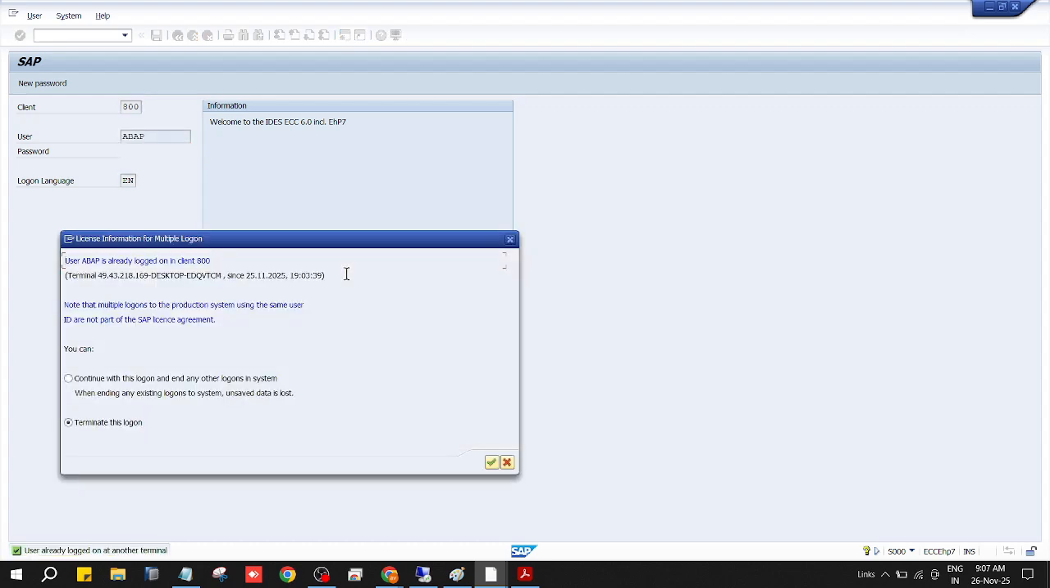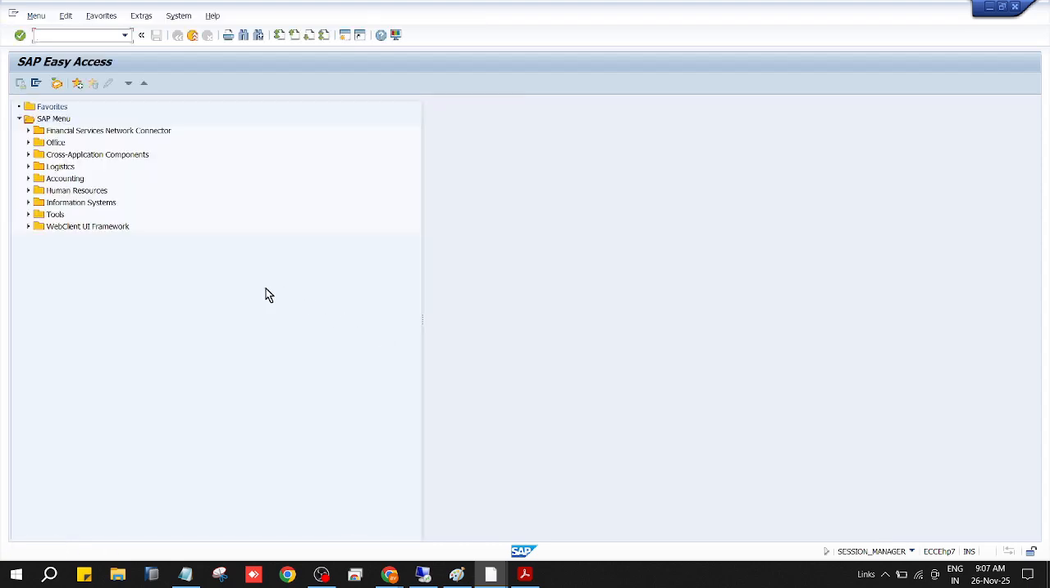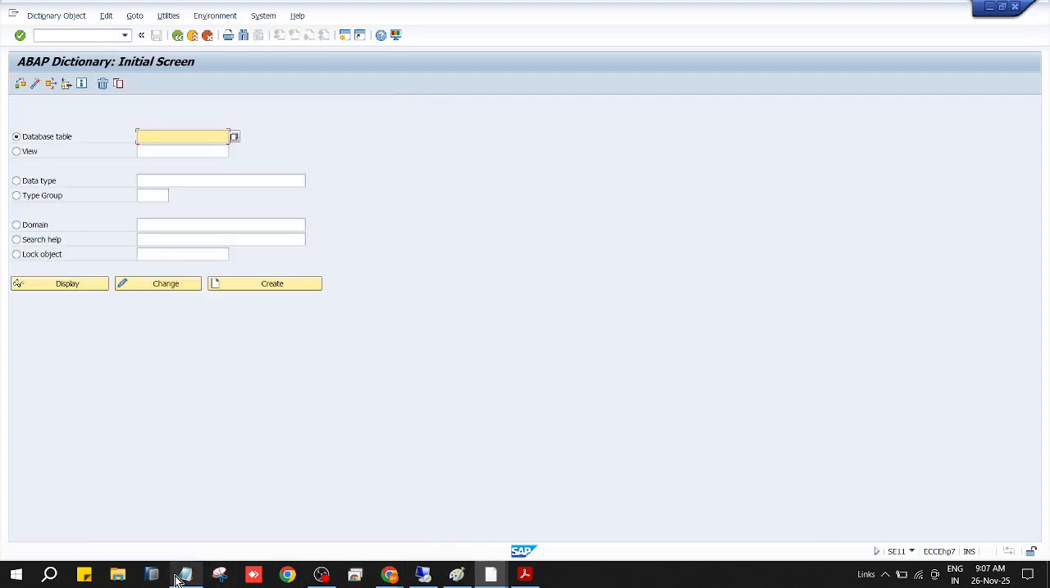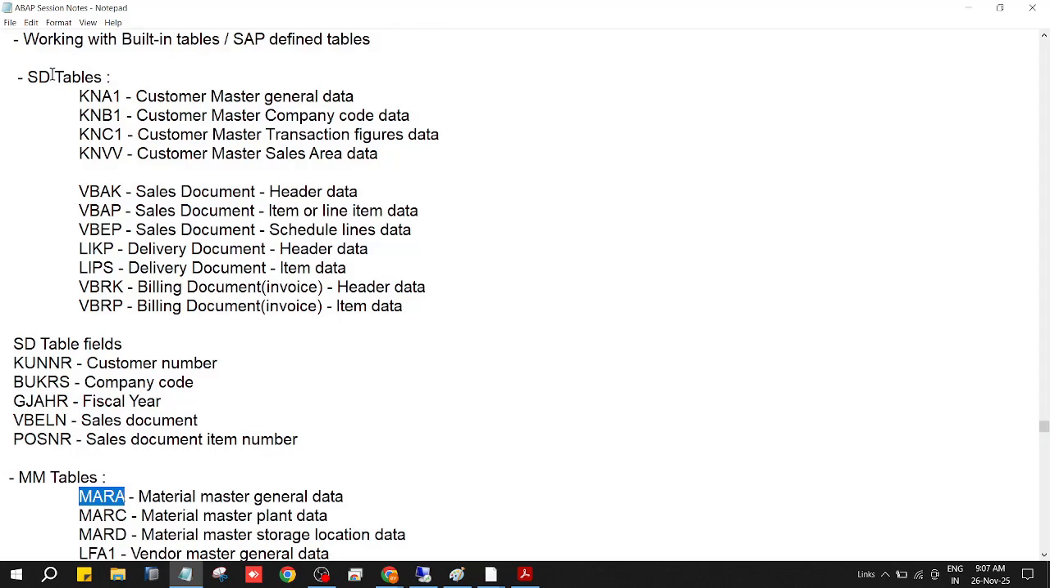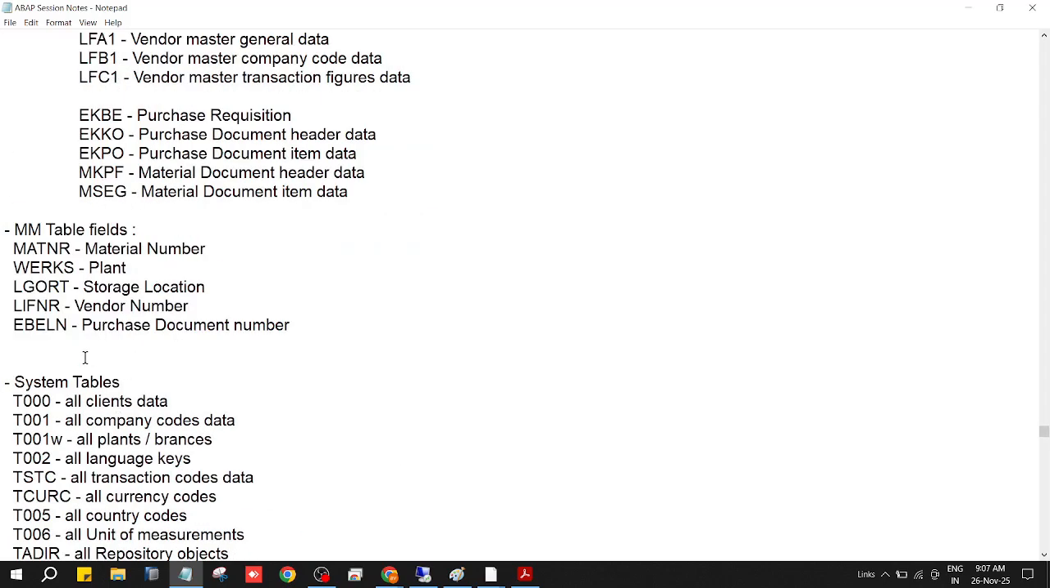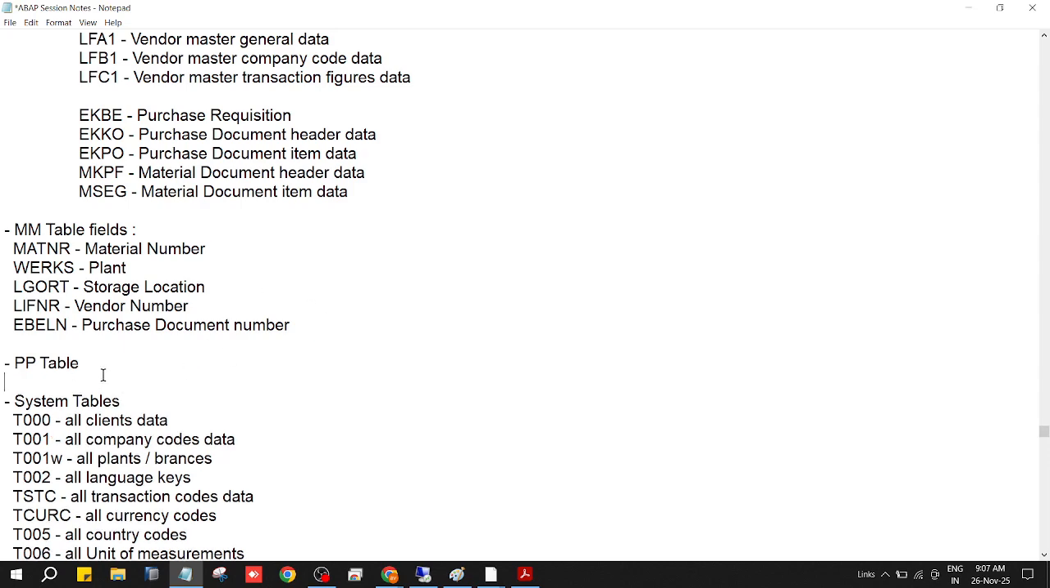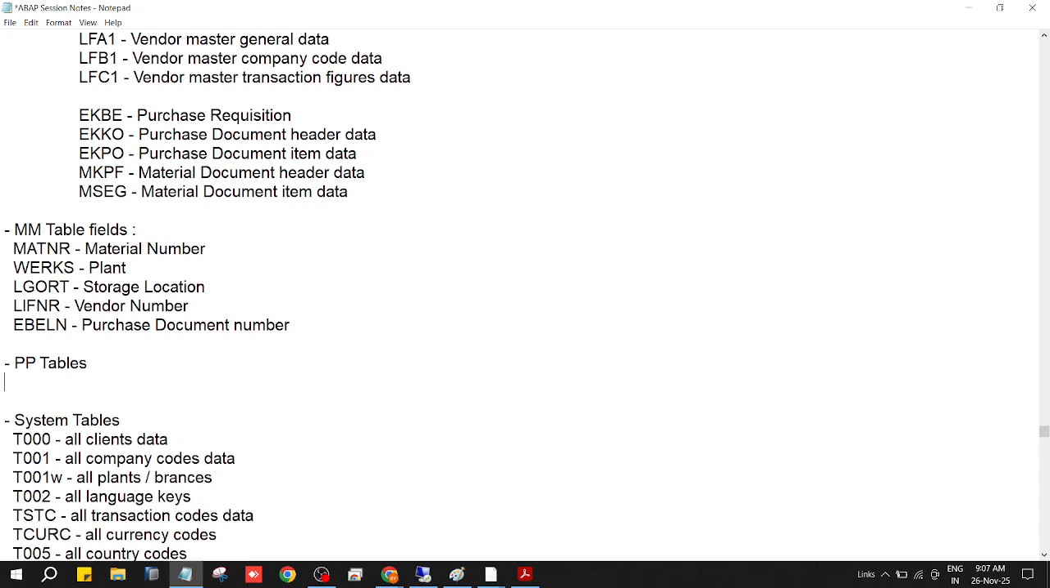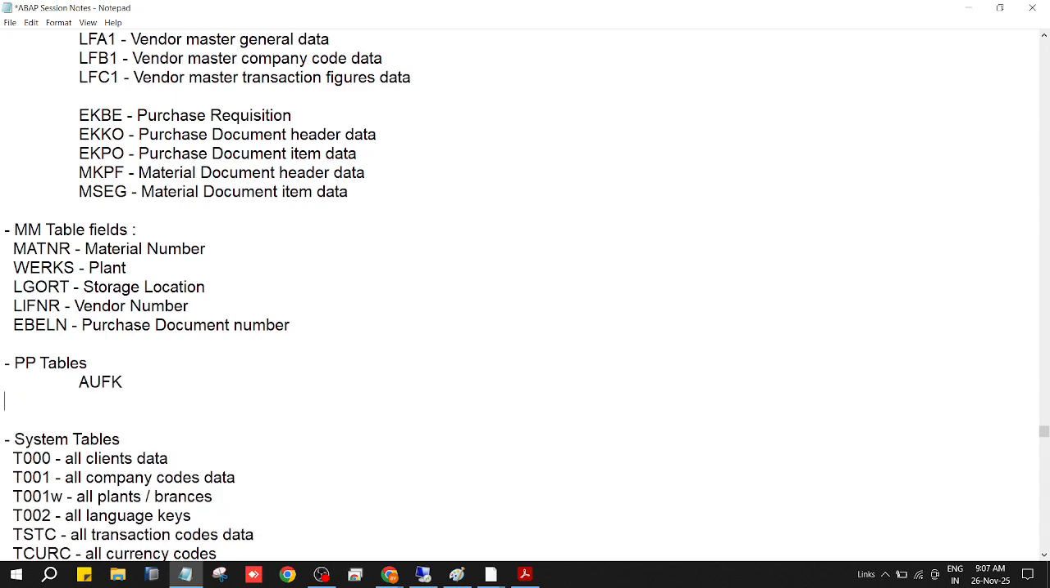Suppose we have tables like SD, MM. Similarly, we have PP, production planning tables. There are some important, most frequently used tables: AUFK,